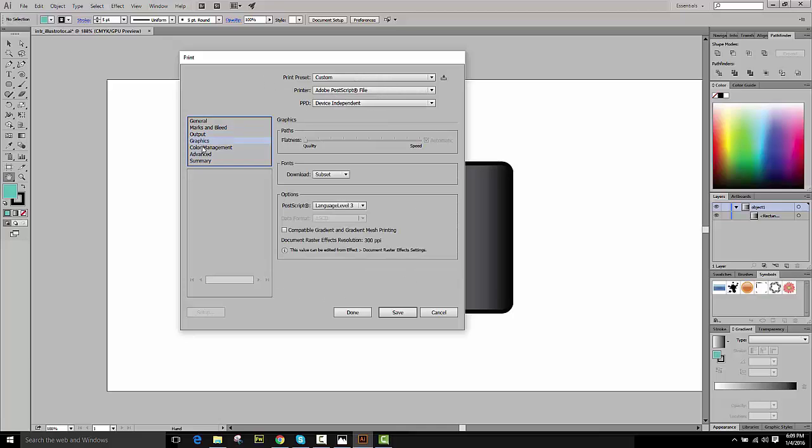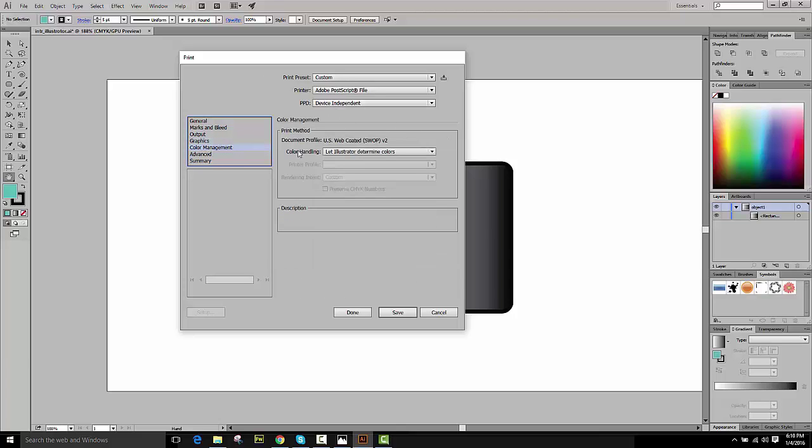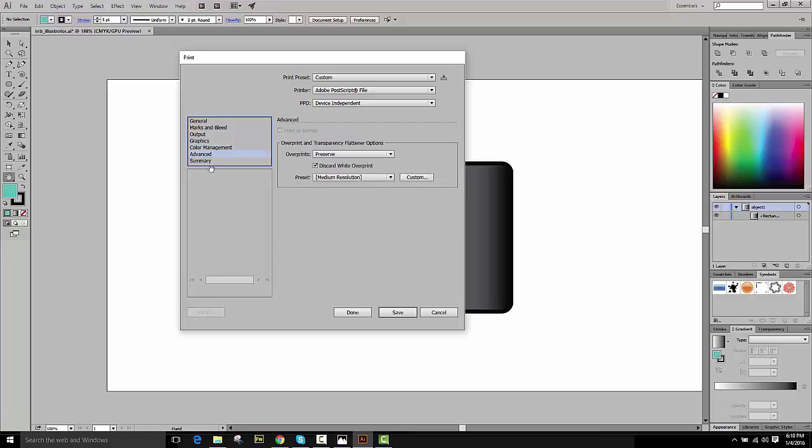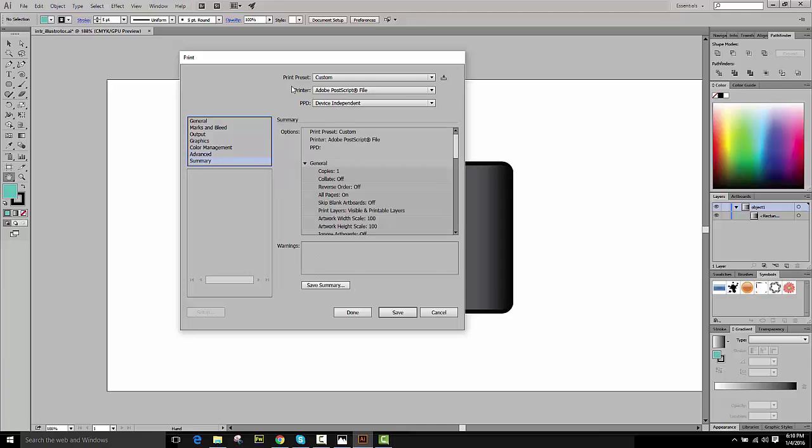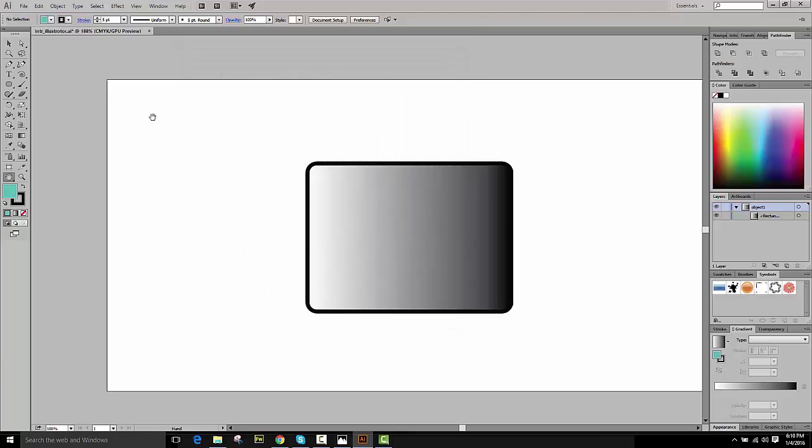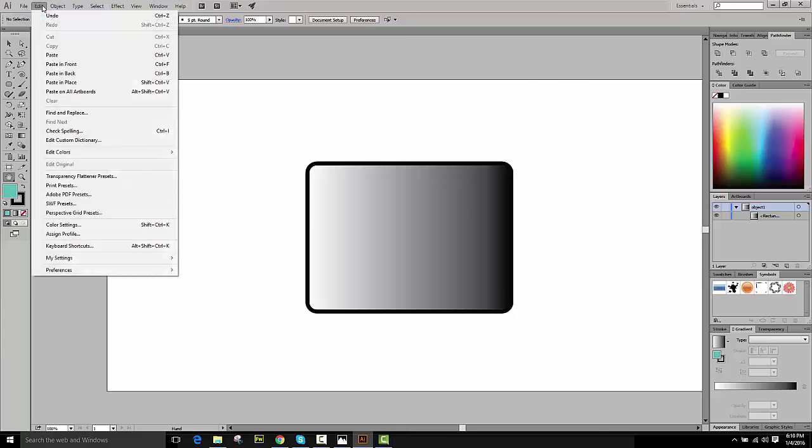That's also going to help you. Graphics, quality of graphics, your color management. It's going to let you set your colors and what you're going to send out for colors to print. Advanced settings, summary settings. When you're done with all that, just click save or done, and your print settings will be set within that. Let's take a look at the settings that we have for this document,